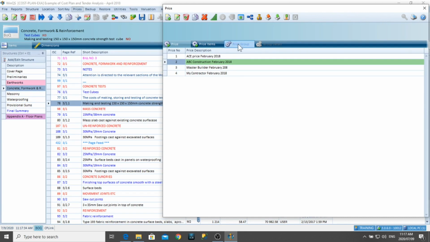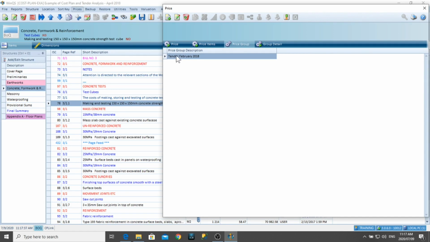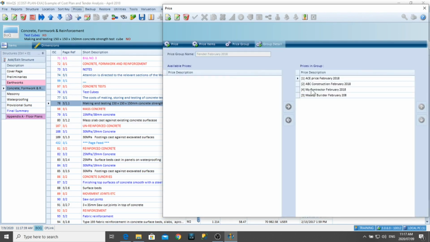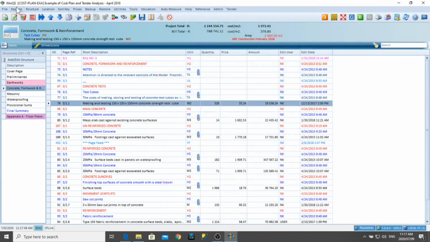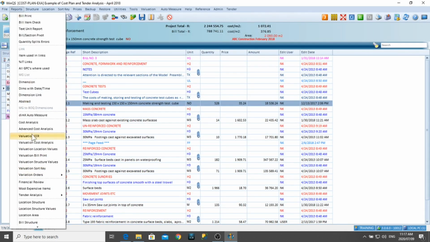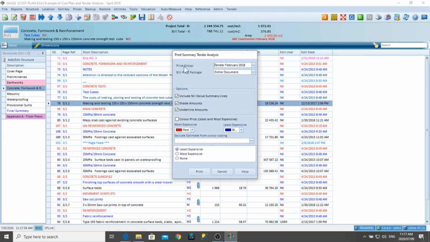If you want to do a tender analysis, you need to create a group of prices. And the group, of course, you can insert how many guys you want to compare, how many contractors. And to print the tender analysis, you go report, tender analysis, let's print a summary. You can say which price group for the whole document, and then I'm going to choose this one where it should color the prices for the least and most expensive items. So we print that,